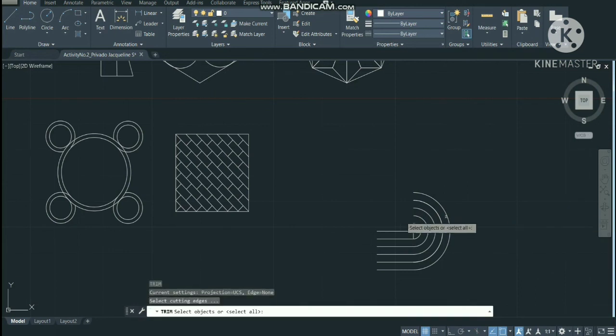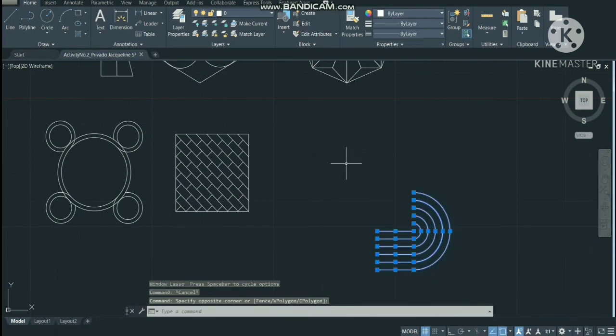So trim it again. And then after that, we will select this object,